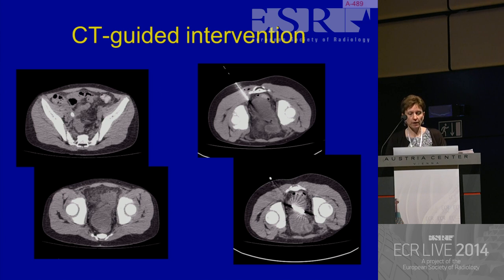And finally, and I'm going to skip the last few slides because my time is up, just to mention CT-guided intervention. As I've alluded to earlier on, we would certainly drain abscesses in children in the acute abdomen with ultrasound when we can. Occasionally, though, particularly for deep-seated pelvic abscesses, CT guidance is necessary. And this is an example, you can see the appendicolith and the pelvic abscess here, of a deep-seated pelvic abscess. One of my interventional colleagues drained this abscess through the sacrosciatic notch, a combined drainage with pigtail catheter placement in a child. And occasionally for that, you certainly can't use ultrasound. You need the CT-guided